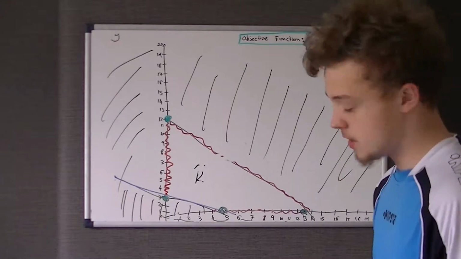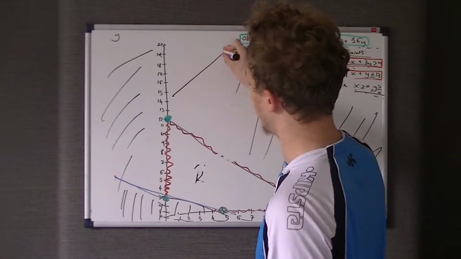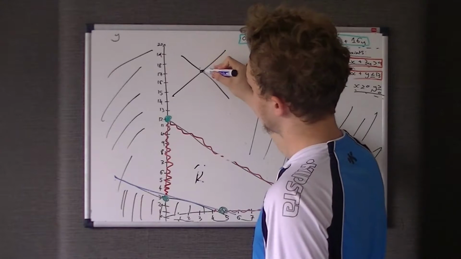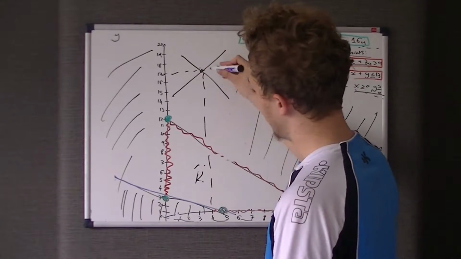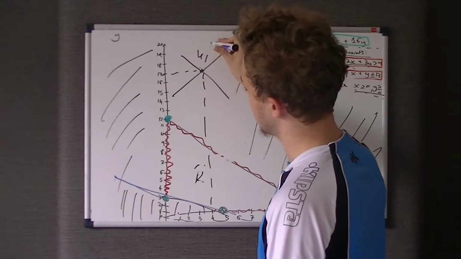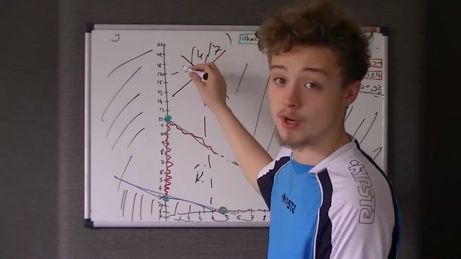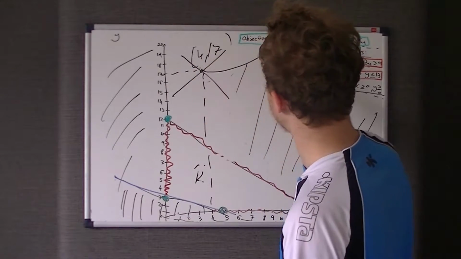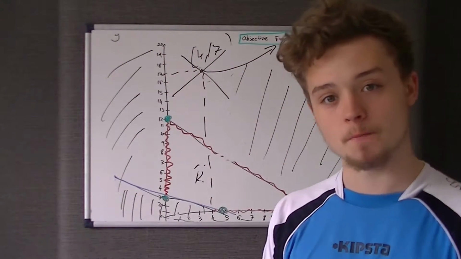In other words, if you had two curves that intersected, so what I mean is you might have a curve like that and a curve like that, you would do a dotted line off, and that was 17, you'd do a dotted line down to 4. So that's obviously the point (4, 17), and if that was part of your objective region, one of the corners, you would sub (4, 17) into your objective function,